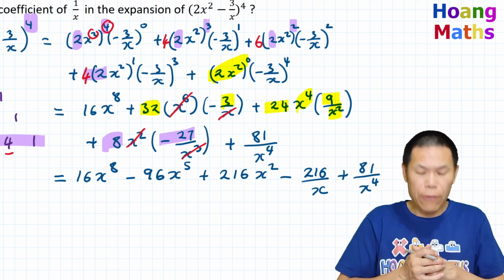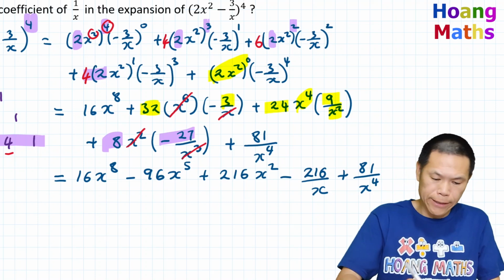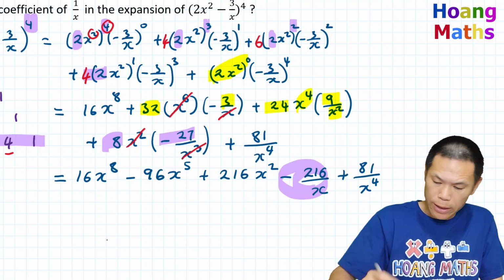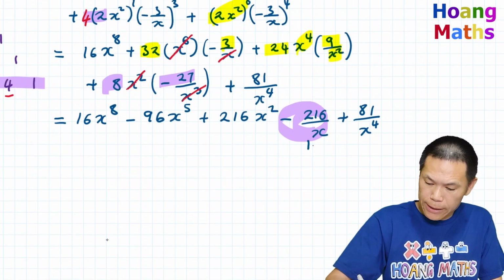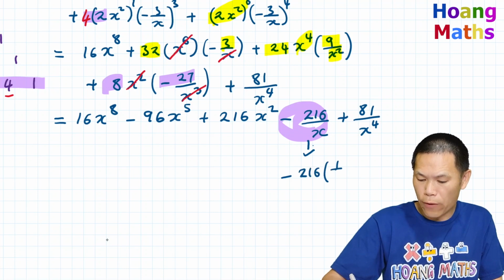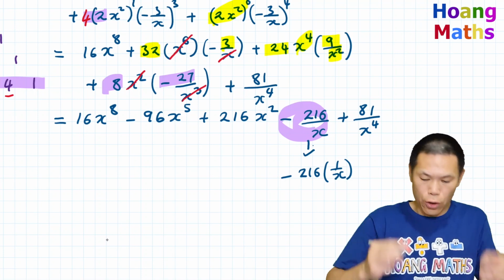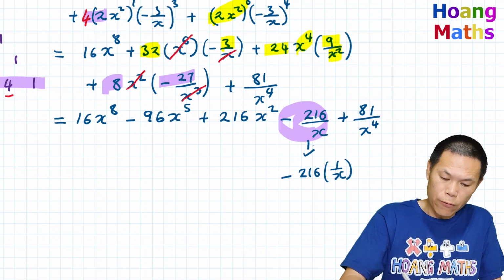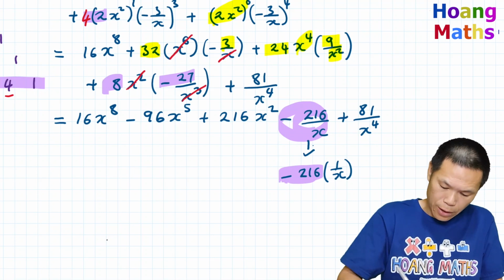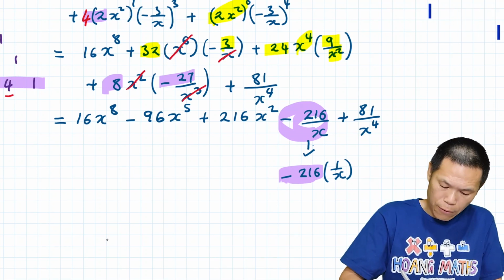So now to work out the coefficient of 1 over x, if you think about it, this one here, let me just write this down. So this is exactly the same as minus 216 times 1 over x. So therefore, the coefficient of 1 over x is negative 216. So let me write this down. So therefore,